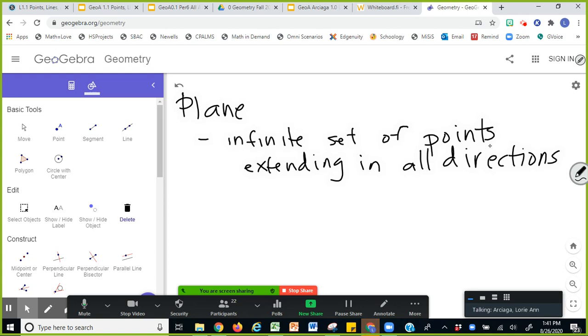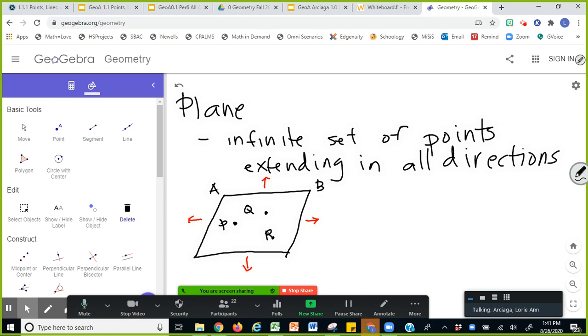And you can name a plane in several ways. Okay, so let's do this. I'm drawing what looks like a parallelogram, but just like what we said, by definition a plane is infinitely extending. There you go. Okay, so a plane can be named in three ways. The first one is by using any three capital letters, either inside the plane or written outside.